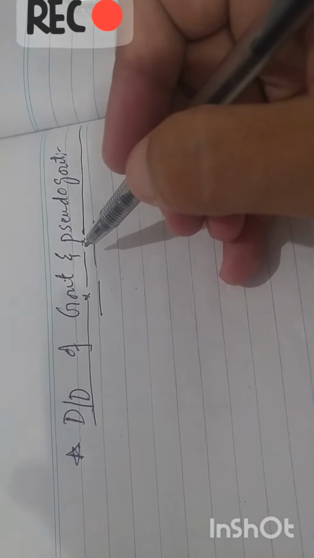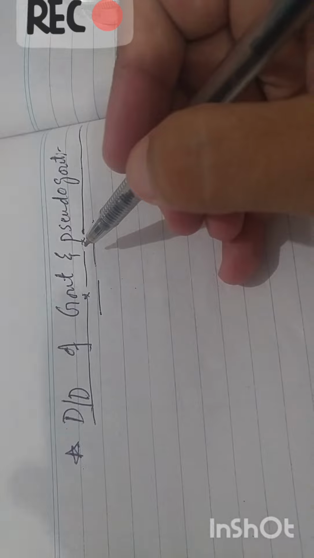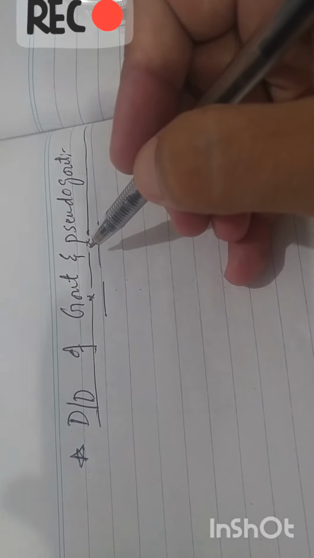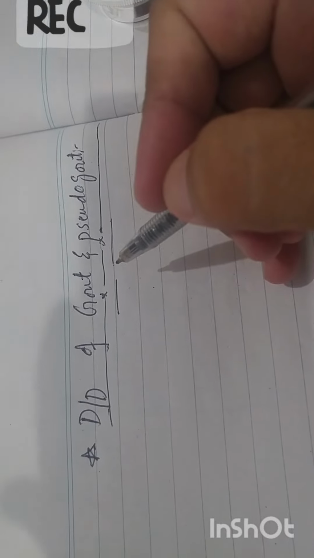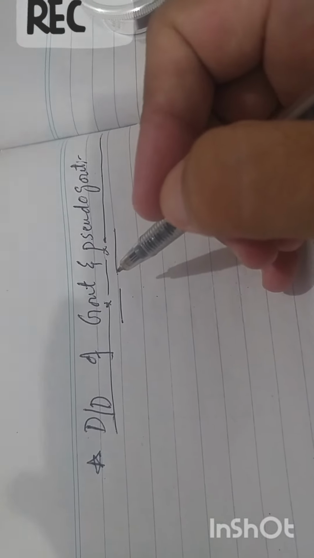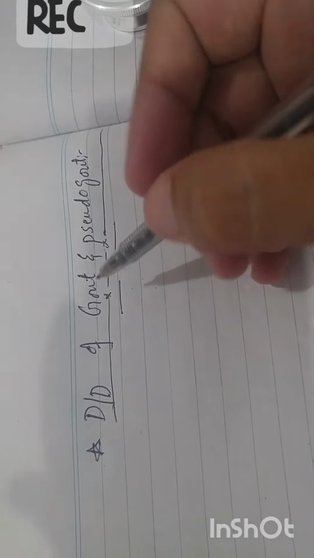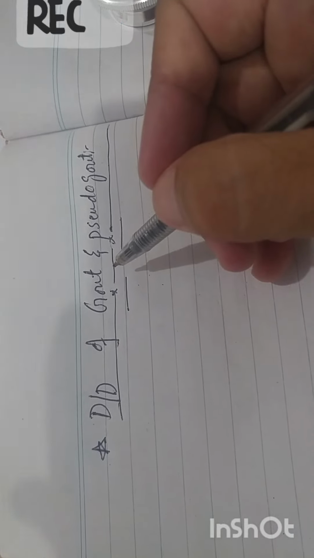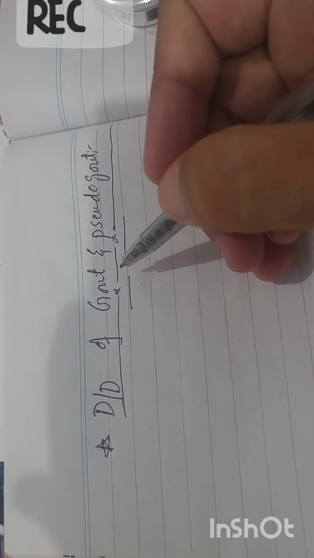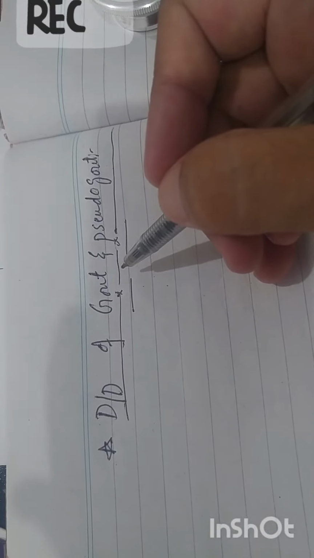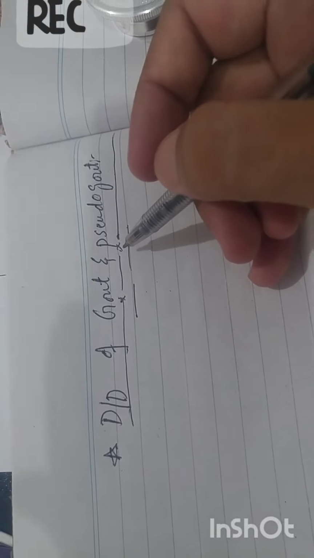Gout is a form of arthritis in which mostly the small joints of the phalanx are affected due to monosodium urate crystal deposition in the soft tissues of these small joints, which leads to inflammation, pain, swelling, etc. Gout is caused by a high uric acid level in the body, which leads to monosodium urate crystal formation and deposition at the small joints, mostly the interphalangeal joints of the feet and hands, causing inflammation, pain and arthritis. So this is gout. And now in pseudogout,